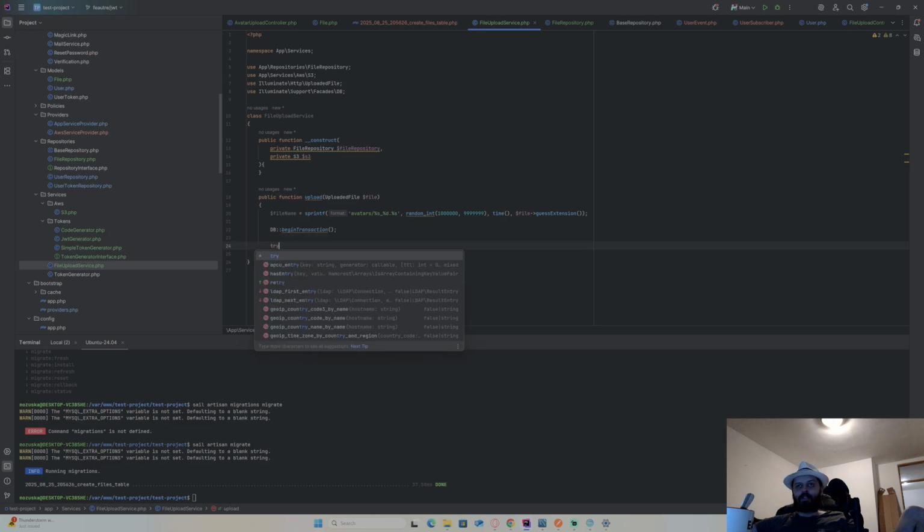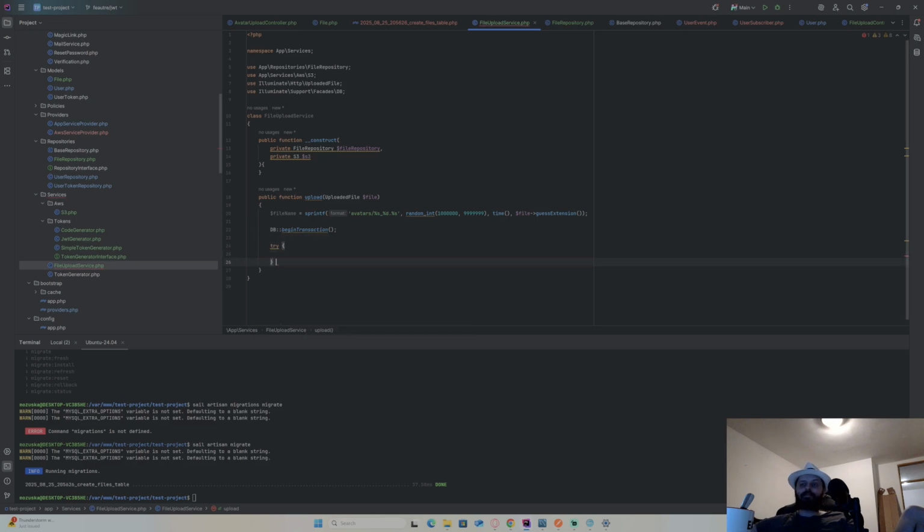And now I'm going to do try catch. Any exception that comes is fine. Here, and now I just do my uploads and everything I need to do for the file. Now this is going to be just a file repository now. So this to file repository to create, and I'm just gonna pass my file. I also need to pass file name.